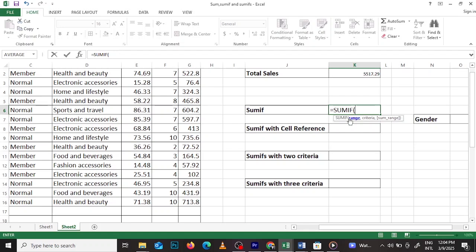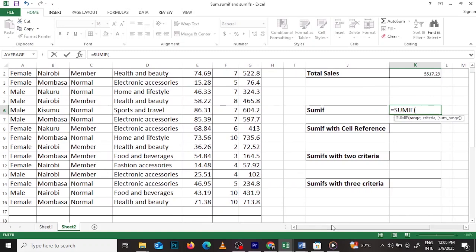With SUMIF, you start with parentheses. Inside parentheses, we have range, then a comma, then criteria, then another comma, and lastly the sum range. So first, I'm going to select my range. Remember, you'll know the range by knowing the criteria. Our criteria is female, so it means I'm going to select the column for gender. That is my range